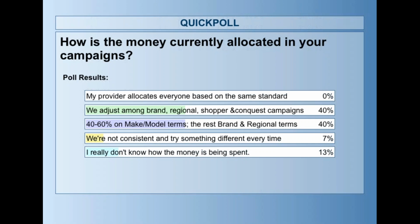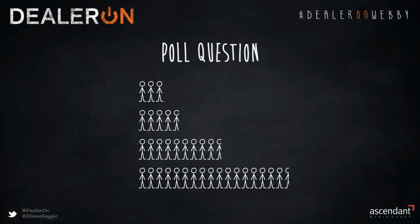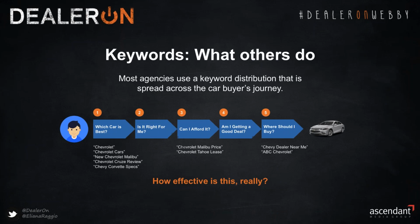All right, Will, I assume, I might be wrong, but I assume that there's a correct answer to this. Is there a right answer for how the money should be allocated in campaigns? Yeah, I mean, it varies widely among rural and urban markets, but mostly the second answer is probably the better answer. Now, there may be some cases with smaller budgets where we spend a little bit more on make model type terms. But as we're going to talk about here in a little bit, we're going to focus on